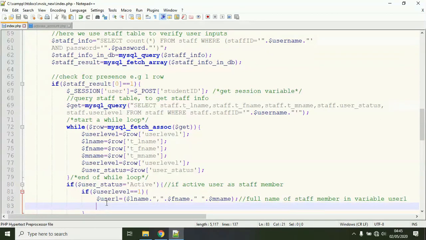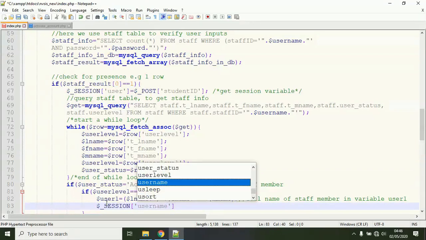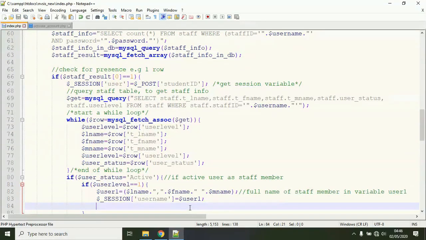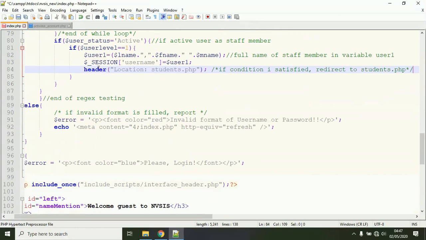And then we have the initial, reflecting the initial, and we have an admin session. Now we store the session named username, and this session will have this information here, equal to $user1. If it is correct, now we redirect it into this one here. Now this one here will be admin slash, that is the index page of the admin page, and here we